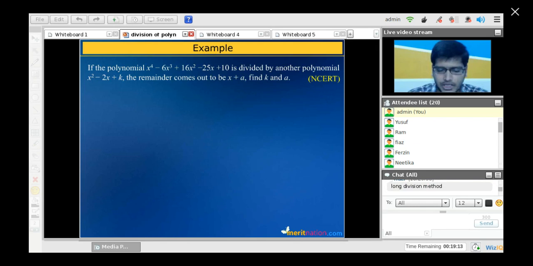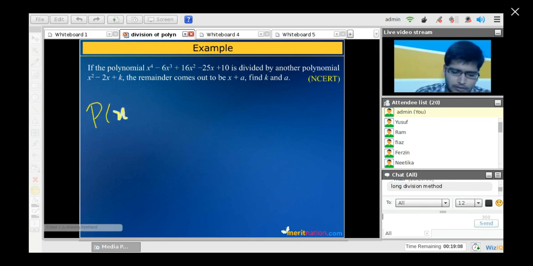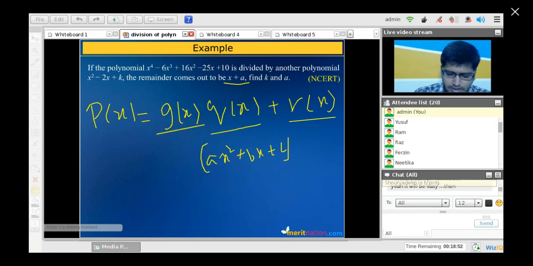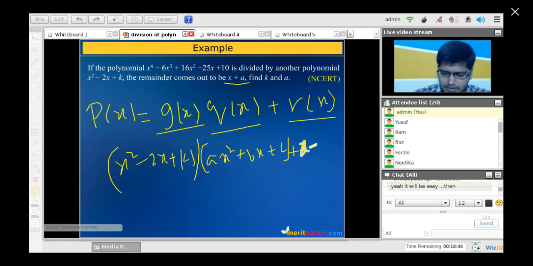Now, if you observe here, instead of the long division method, it would always be better if you apply the division algorithm. That is, p of x is equal to g of x into q of x plus r of x. Here you already have x plus a as the remainder, and q of x, take it as ax square plus bx plus c, and consider g of x as x square minus 2x plus k. Now multiply these two, and here write it as x plus a. Add this remainder. If you do that finally, compare the coefficients of x power 4, and once you